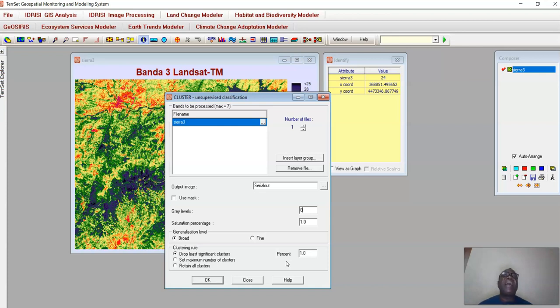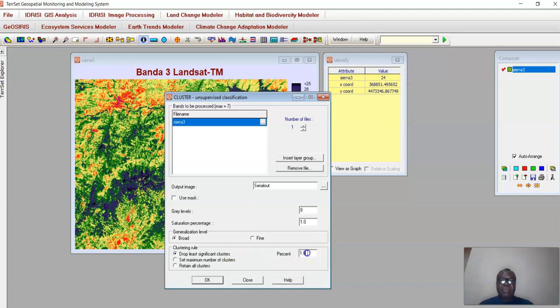Very light tone may be error like noise, like salt and pepper, random noise. Then the very dark one may be what we call line dropout. So you use dropping the least significant clusters to remove those outliers.